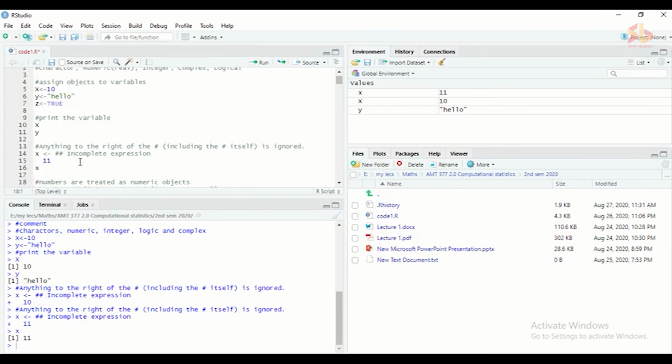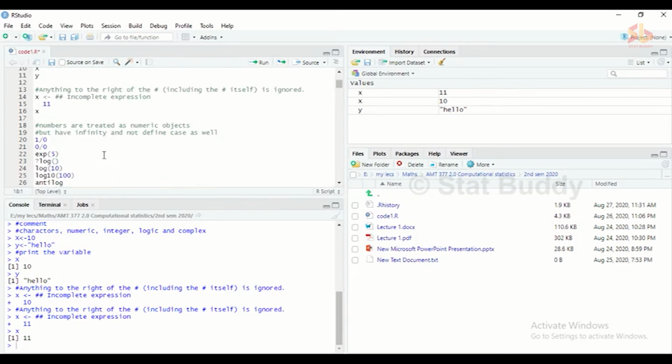When you are putting comments, make sure to put the comment in the right place. If you have put a hash in the wrong place, the entire row will be ignored and the next row is automatically executed. Then the output is not the expected output from our code. That is the special case.